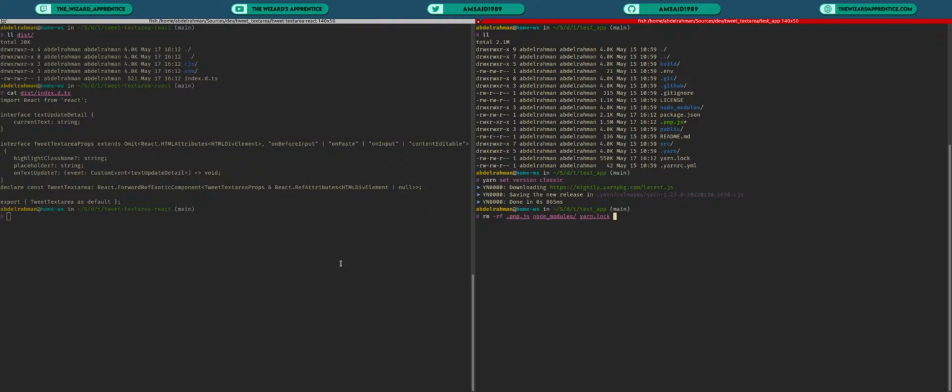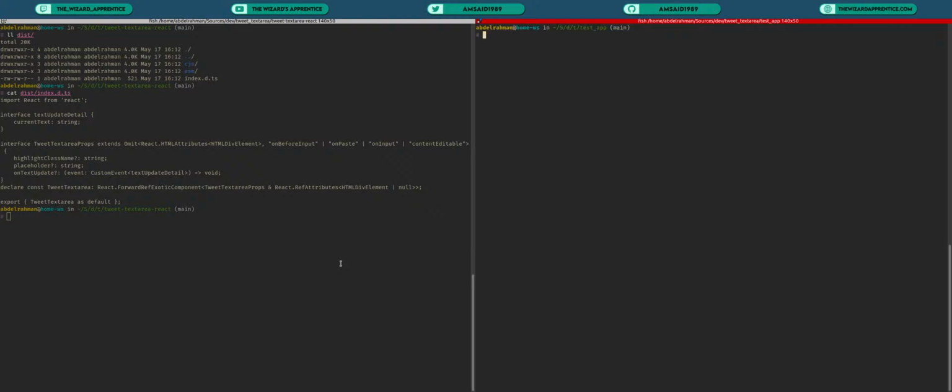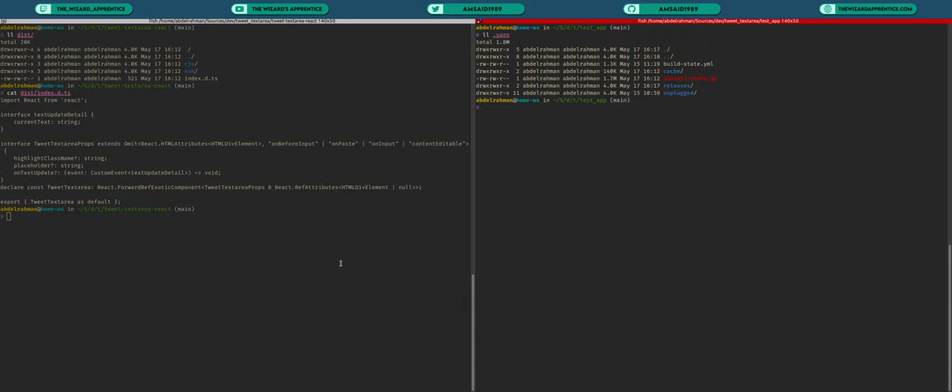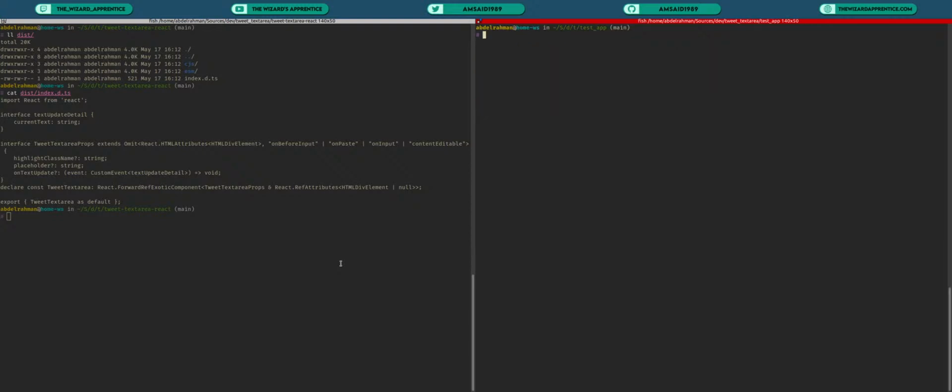I know it's supposed to be better and it's supposed to be how we actually use it, but for now I just stick to what I know, and then I can figure this out later. So let's just do yarn and reinstall everything